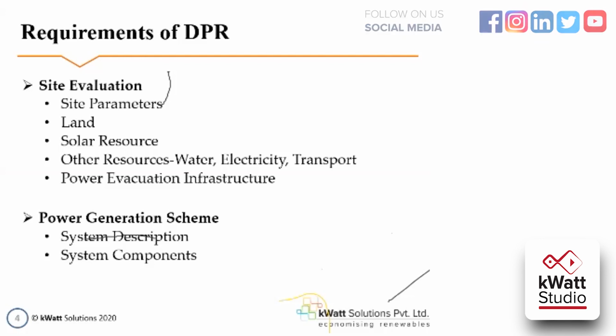So the power generation scheme, like system description and the system components, you have to mention the type of the system, like what is the type of the system. Is it an off-grid system or on-grid system. You can add the block diagram of the system, showing how the power is flowing from the solar module to the load. Each and everything, you can add the description of ACDB, DCDB, and the components of ACDB, DCDB, and the connection of the complete solar system, like the circuit diagram you can add.